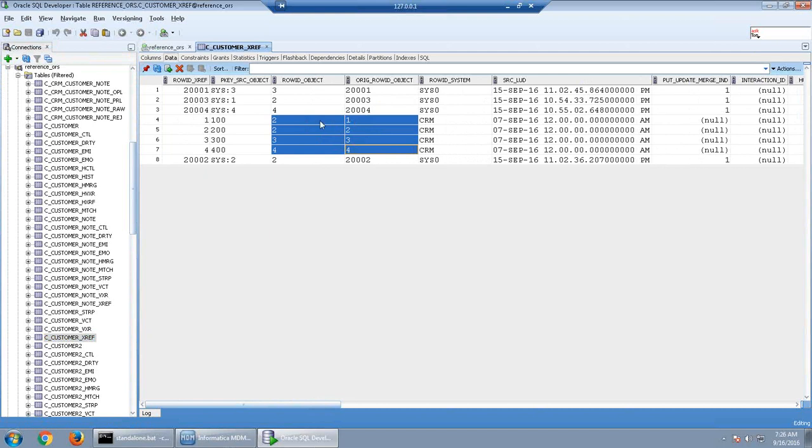If the original row ID object is 1 and the row ID object is 2, it means 1 has been merged into 2. So using these two, we can identify in the cross reference table whether a record has merged with any other record or not, and you can also find that out by going to the HMRG table.